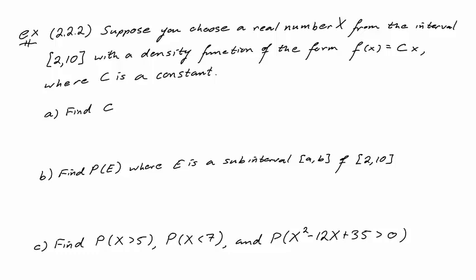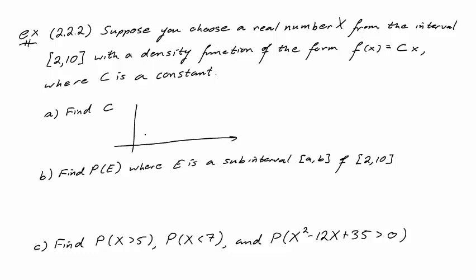I want to look at a couple more examples from section 2.2. The first example, we started this one in class, but suppose we choose a real number x from the interval 2 to 10 with density function of the form f of x equals c times x, where c is some constant. The first question is to find a c, and in that we're trying to come up with a c